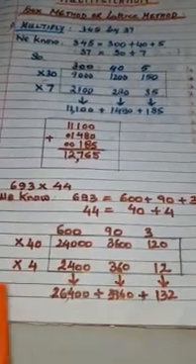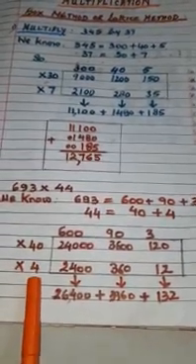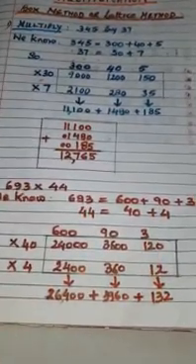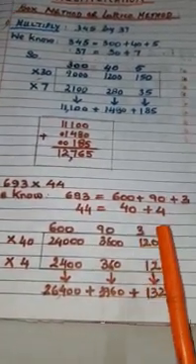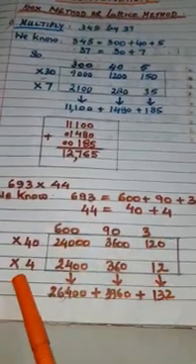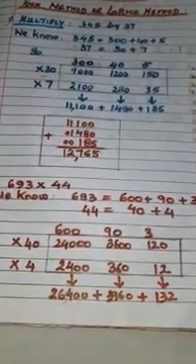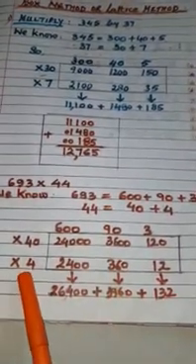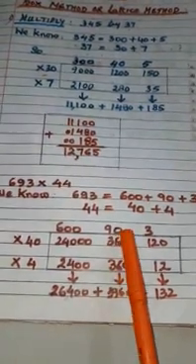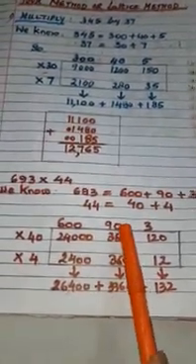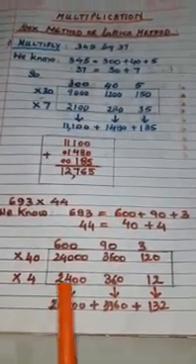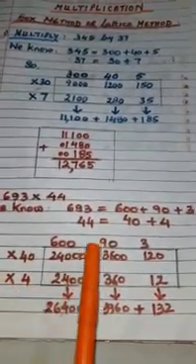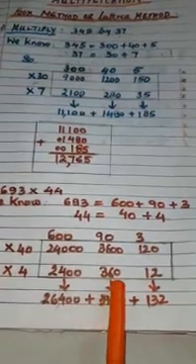Now which is the next number there? 4. Again I am going to multiply all the numbers one by one. I believe all you know the table of 3. 3 4s are 12. Now here is 90 into 4. So in both how many zeros? Only 1 zero. I have written this. Which are the numbers left? 9 and 4. 9 4s are 36.